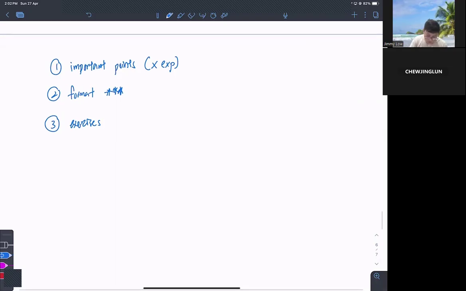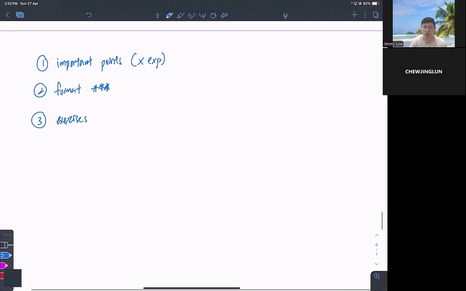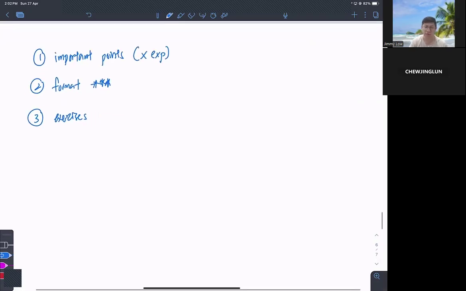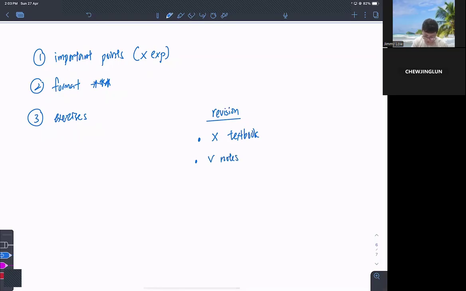Before we officially start, we'll go through how you do revision. Whenever you do revision, there are a few things to take note of. In terms of revision in science, and most likely other subjects too, first thing first, we don't look at the textbook. No textbook, not even a single peek. You just go through the short notes. Then you go with the notes and the exercises.